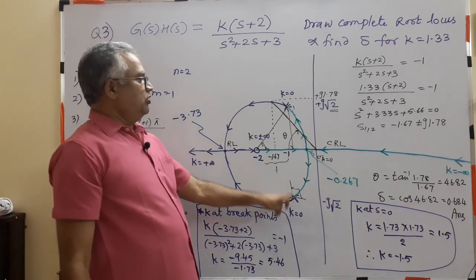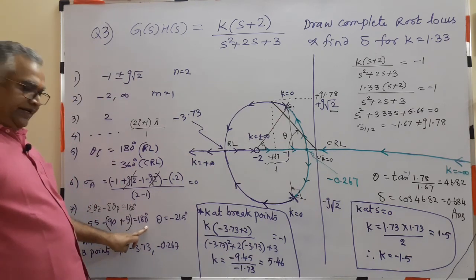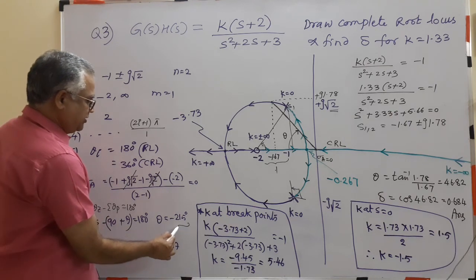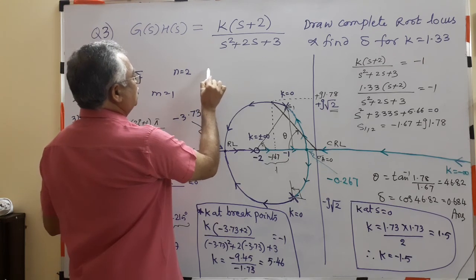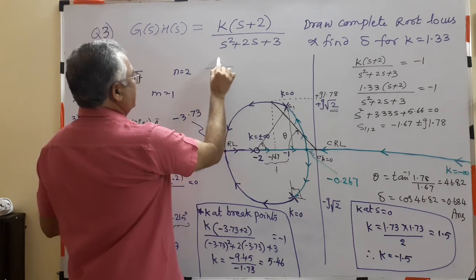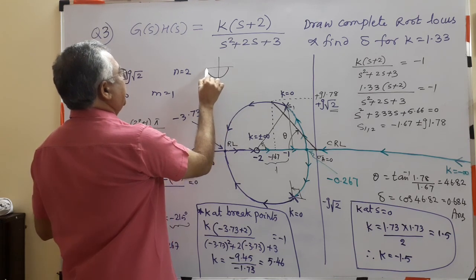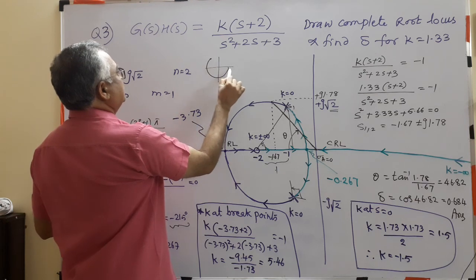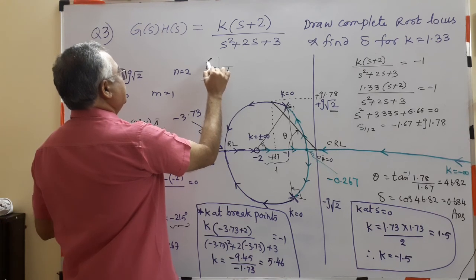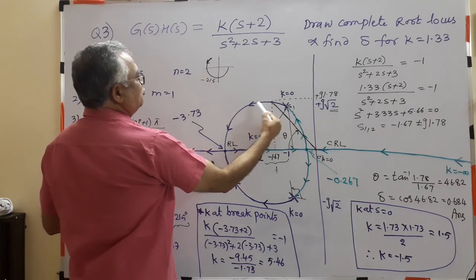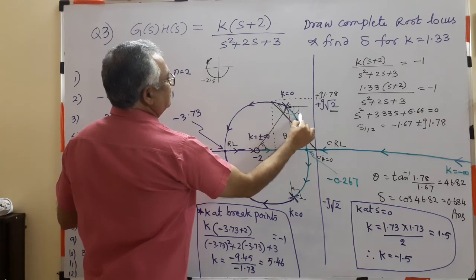And we have only one pole, S1. With that pole the angle is theta, and this should satisfy 180. Solve for theta: minus 215. What is the minus 215 position? This is 0, minus 90, minus 180, somewhere here. So this angle is minus 215. So this pole is moving in this direction. That's why it is moving this way. So with respect to this zero, what is this angle? Minus 215.